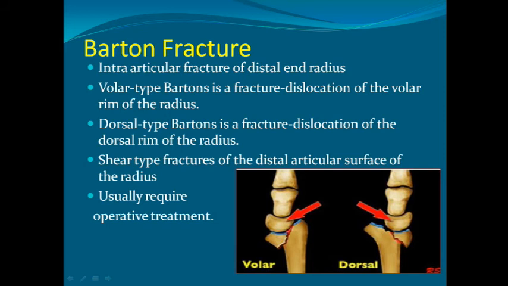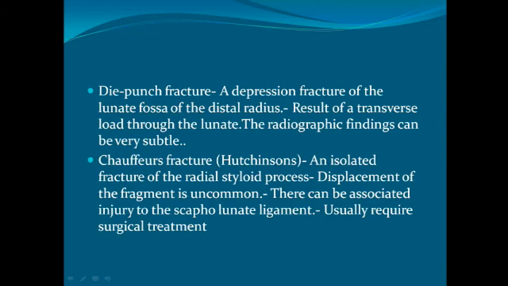Now the third fracture is Barton fracture. It is an intra-articular fracture. I had shown you the image previously also. When the articular surface is involved, it has two parts. When the volar side fracture fragment is involved, we call it volar Barton. If this fragment is on the dorsal side, we call it dorsal Barton. So there are two types of Barton fracture, volar Barton or dorsal Barton.